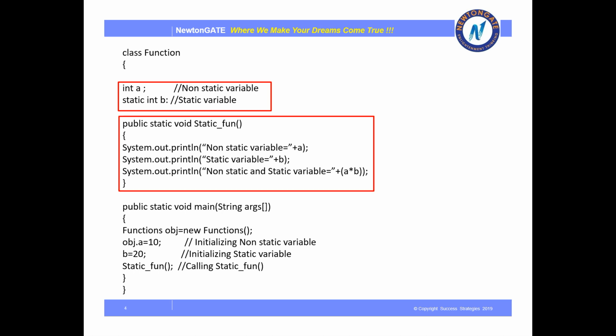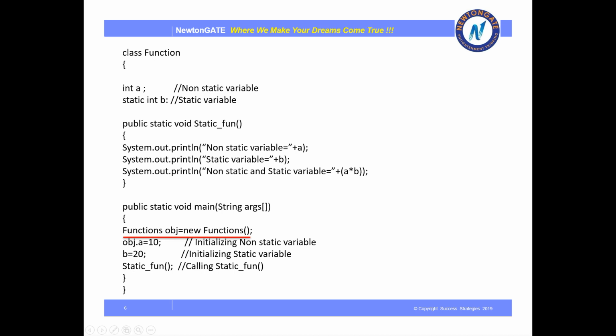Okay, now here's a function. So this is a function's definition, but we will start with the main function. Why? Because the main execution of a code starts from a main function. Okay, so here we go. It's a static function. Now, although I have created the object, we won't need this object to access this function. But for accessing the non-static variable, I need an object. That's why I have written this line.